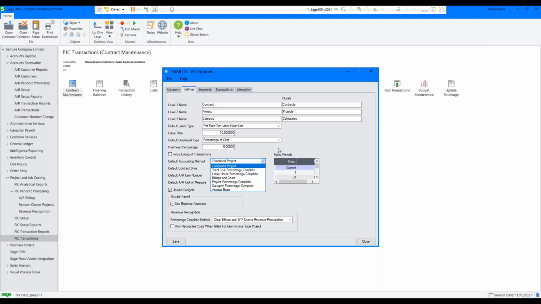Now, these accounting methods drive how the revenue recognition is done. And there's lots of different percentage completes. The primary ones are completed project, billings and costs, and accrual basis. Mostly builders and that type of industry will use the percentage completes in different kinds. But essentially, these are all